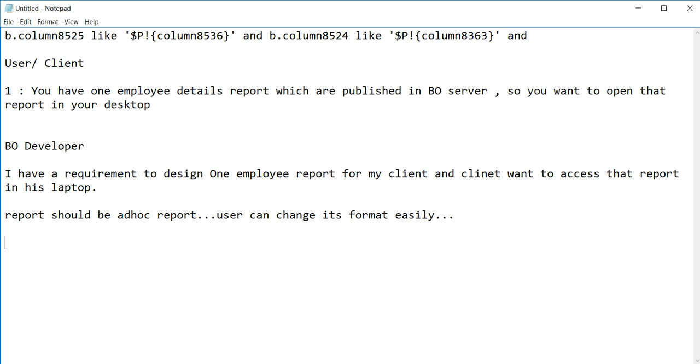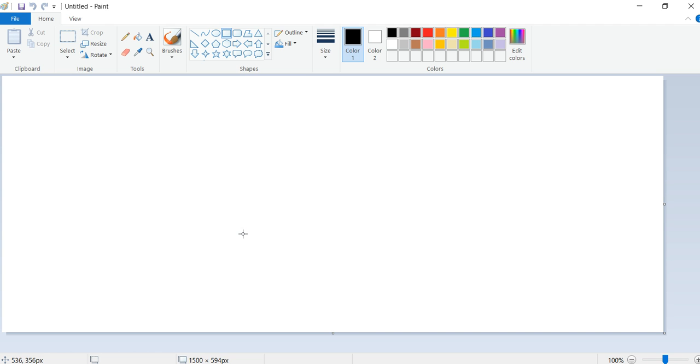And for ad hoc reporting, we use Webi report. So now the user requirement is to design ad hoc reporting. Ad hoc reporting is always designed by Webi report, and the Webi report can be designed on top of a universe only. I'll explain what a universe is and what a Webi report is. Its file extension is .unv, yes: .unv and .unx. Unv is the old version, and unx is the new version. In 3.1 it was unv, and in 4.1 it's unx.